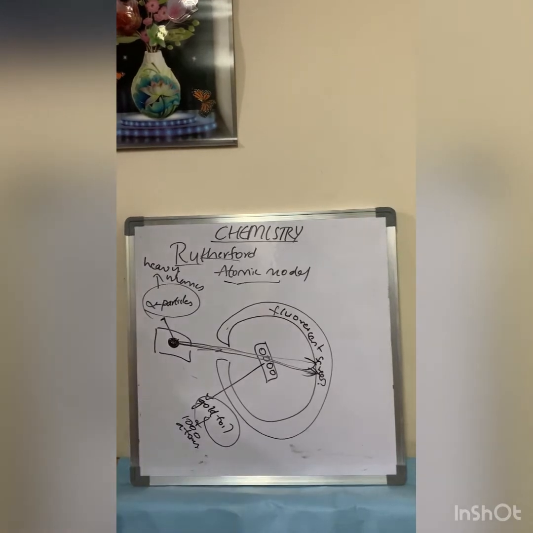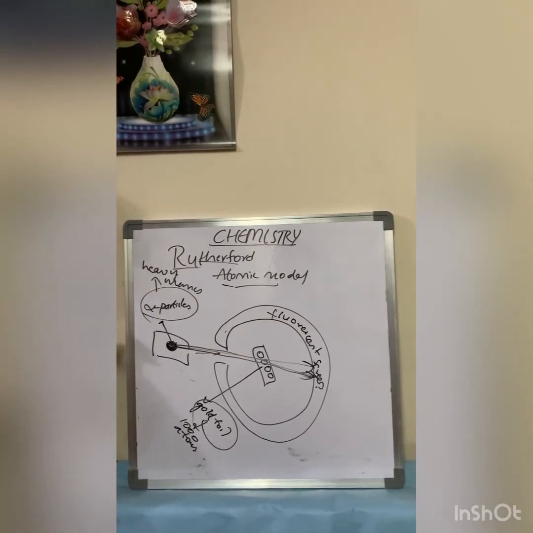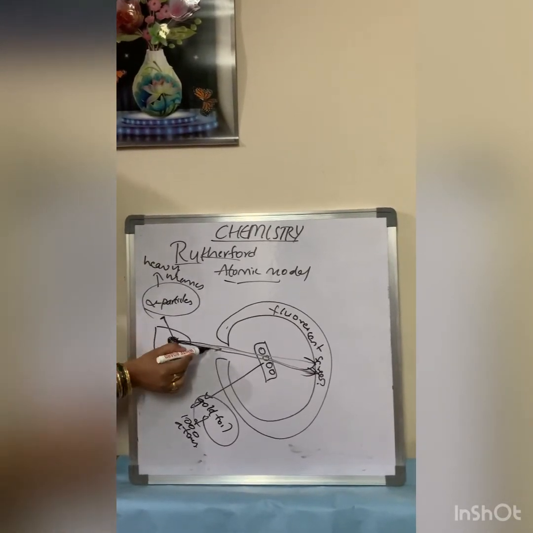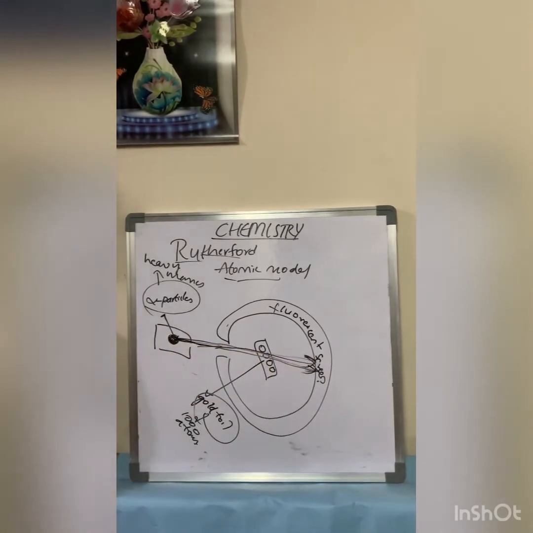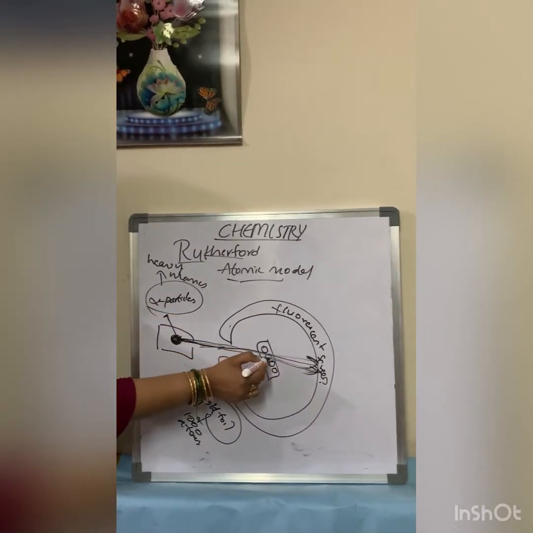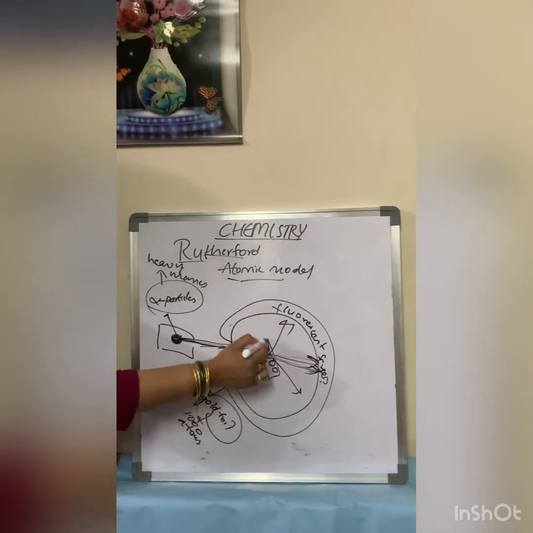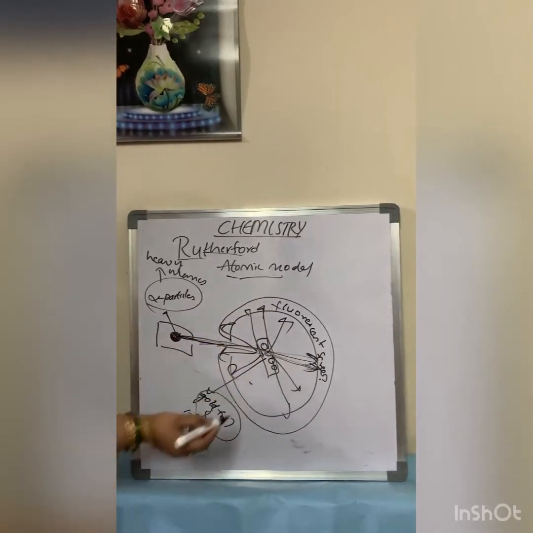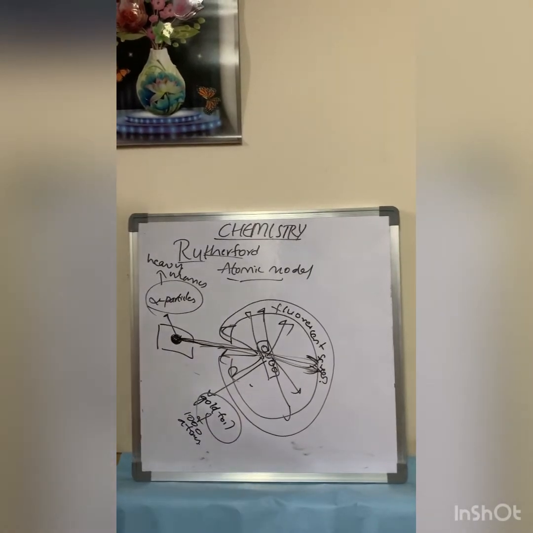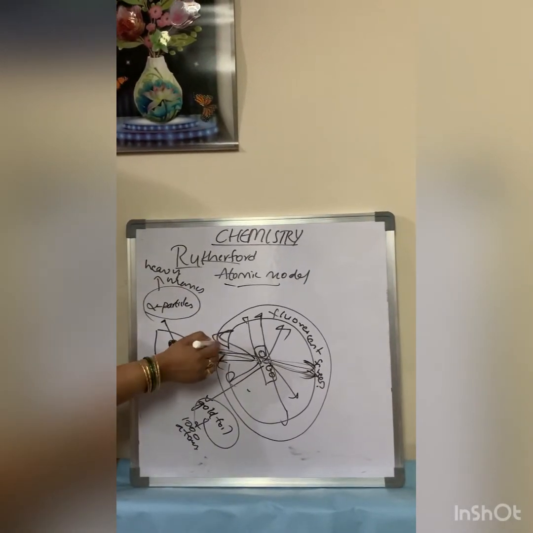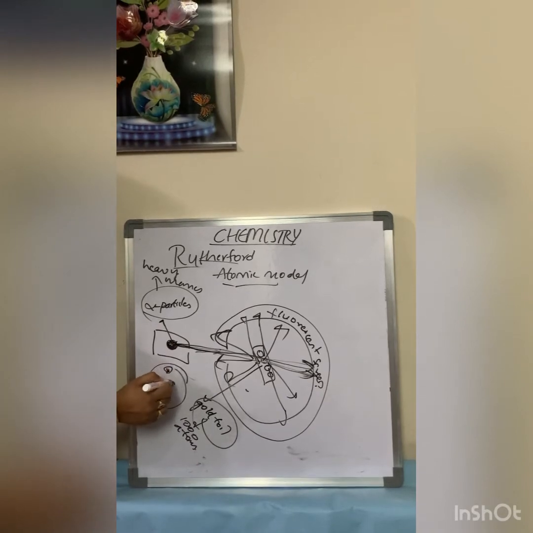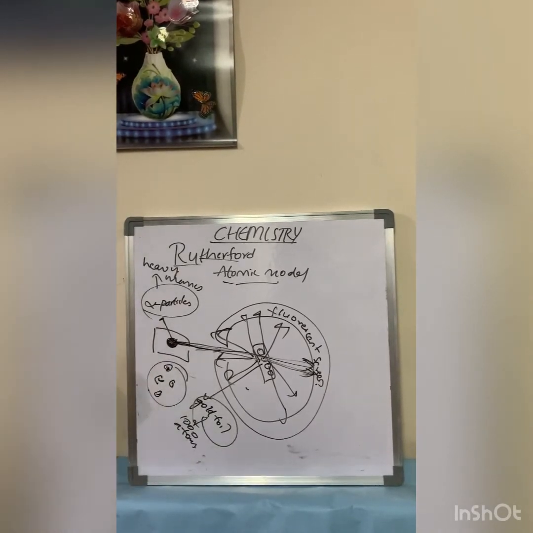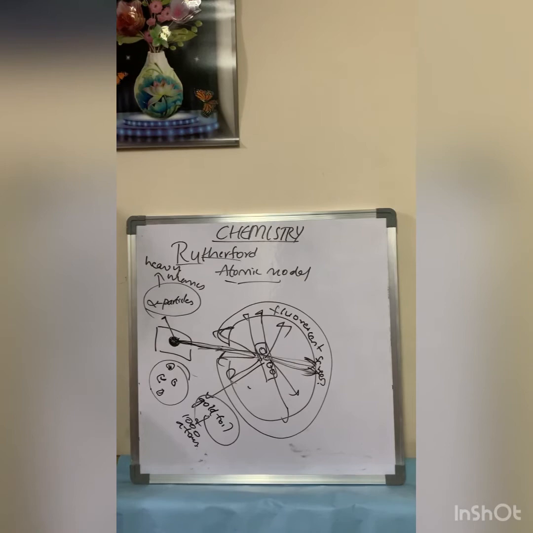But what happened while doing the experiment is that some of the rays went through, not deflected, some rays deflected, and even some rebounded back. He was astonished: why is this happening? We thought that all are protons. Why is this error happening? So now he understood that